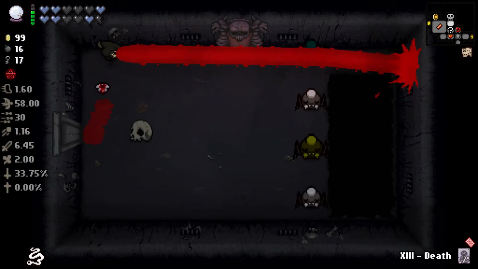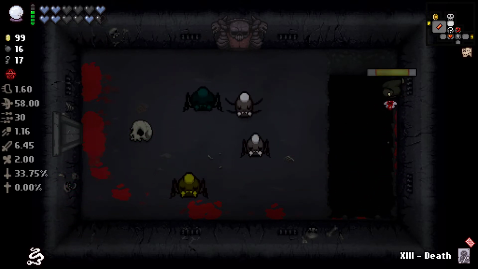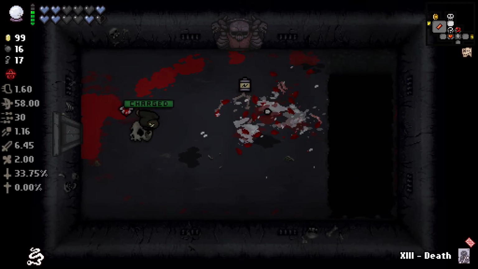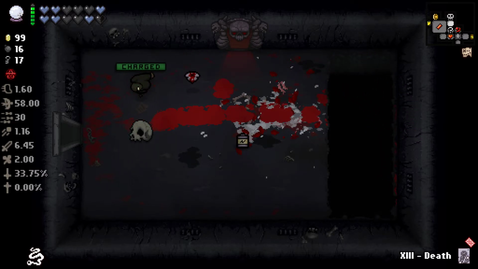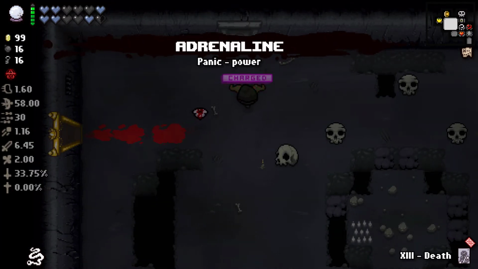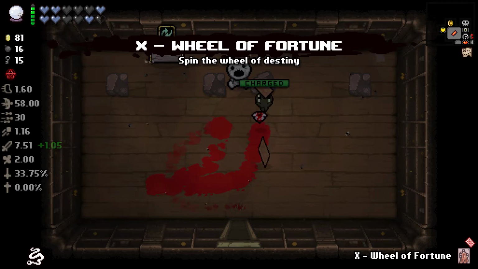All right, let's clear out this last bit of enemies before our boss, and then before finding the boss, we'll go back and see what's in our item shop and our item room. It's not really worth taking the battery just yet, since we only have one charge left before we get full charge. So Adrenaline is not that useful in our current situation. Champion Belt we'll definitely take for the extra damage, and since we can't donate the money,